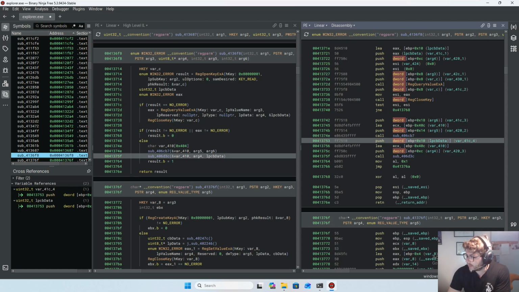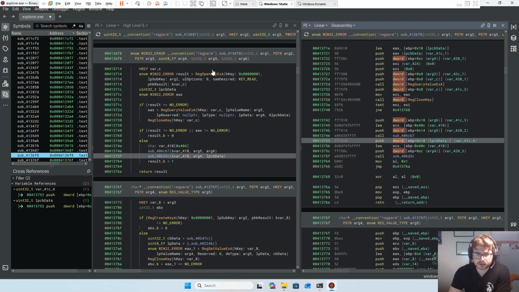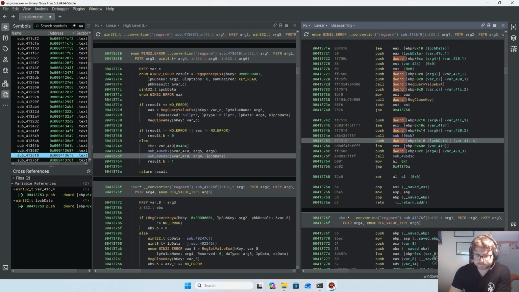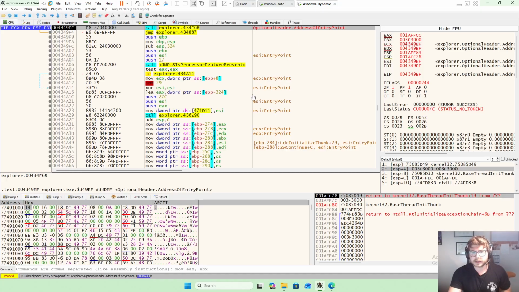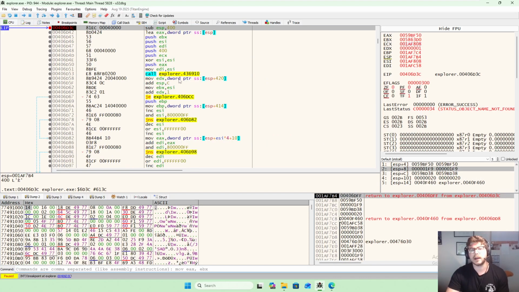So what we're going to do now is go into our dynamic VM, and we're going to open up explorer.exe within our x32dbg debugger. And the first thing that we're going to do is set a breakpoint on the PRGA function. So let me go back here, let me grab this, and then let's go back here and set a breakpoint on that PRGA function, and we're going to go ahead and run this, and we have stopped